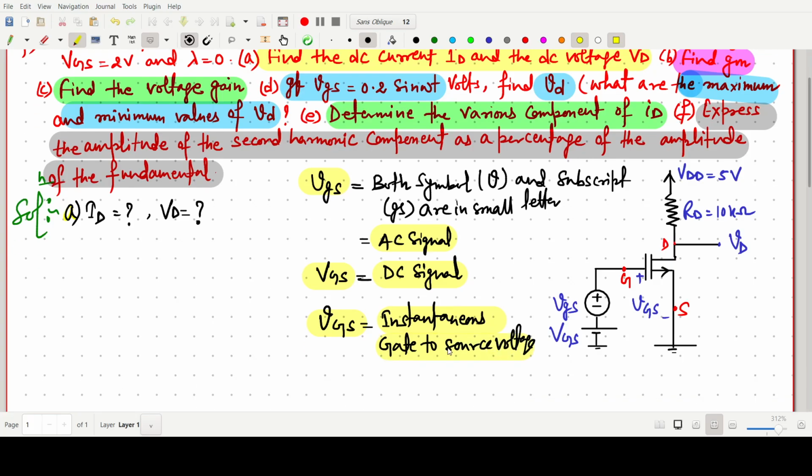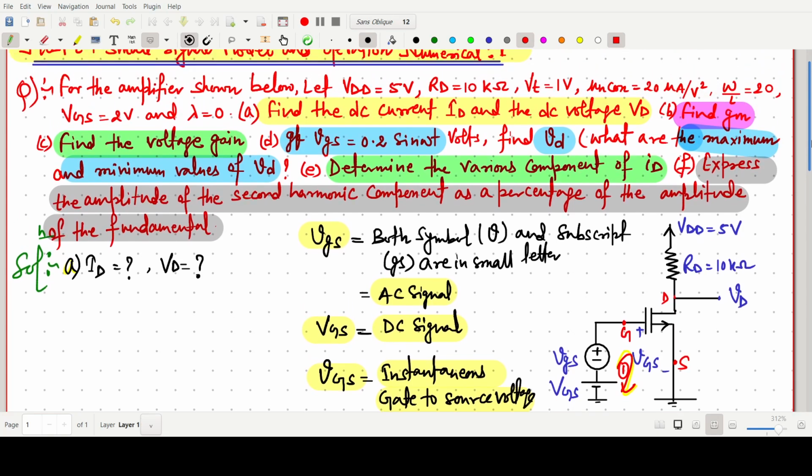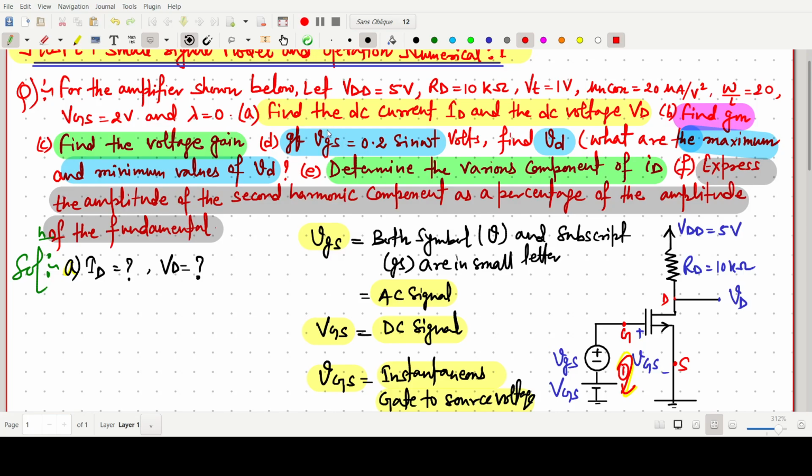And that instantaneous one I am writing here. If we apply KVL in this loop, say loop 1, the instantaneous vGS is always the AC component plus the DC component, that we have to know, and it is from the microelectronics book, a very standard book. So from here also we can examine that this vgs, when we are giving the small signal, means AC signal like 0.2 sin omega